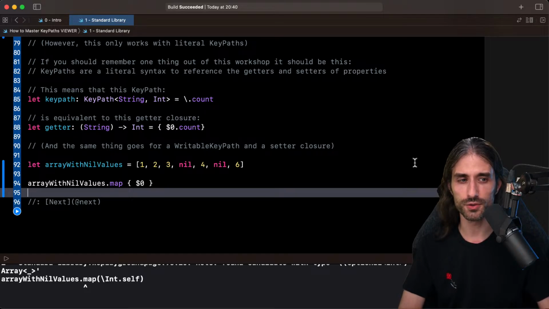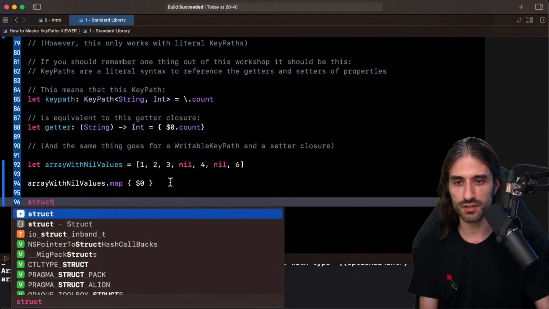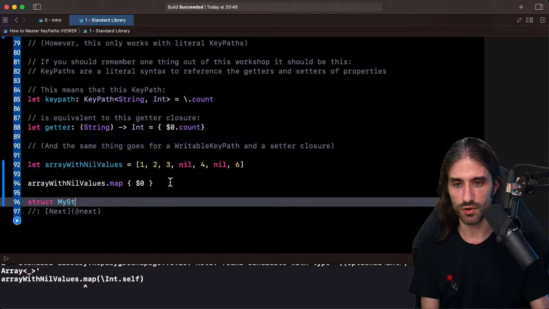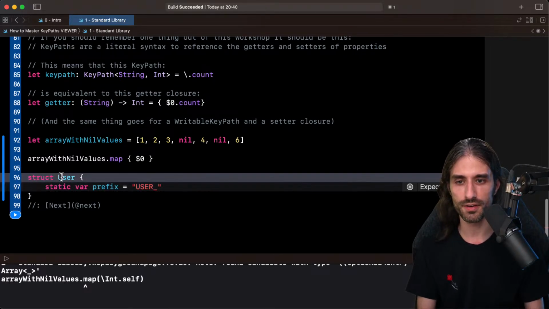Okay, so that was for the second part of the second page of the playground. Before we do, we wanted to test a few things. So for instance, if I create a struct, I'm going to call it User, and then I have a static property on user. What could make sense? Something that would be common to all users. Maybe a prefix when you store it in some kind of database. So it would be "user_", just for the sake of an example.